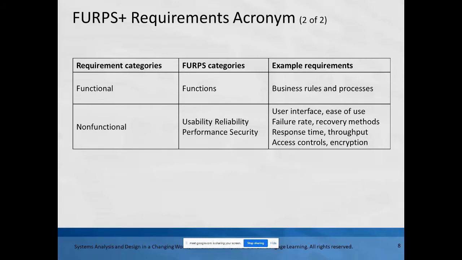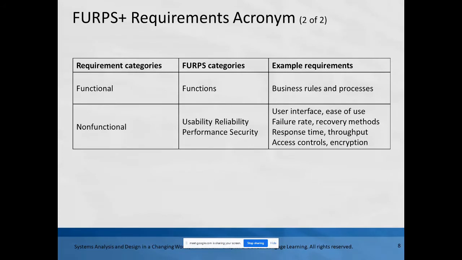And this goes back to that first slide where we talked about the major grouping of functional and non-functional. And the functional is self-explanatory, where this is what the system should do. What are the business rules that I'm modeling here? Those are your functional requirements. The non-functional requirements, this is where you group in the other part of the FERPS acronym. So function is one,